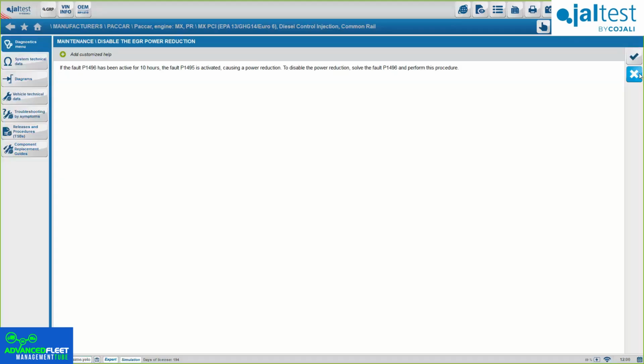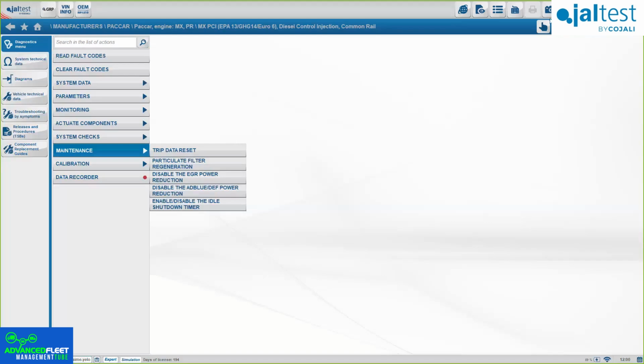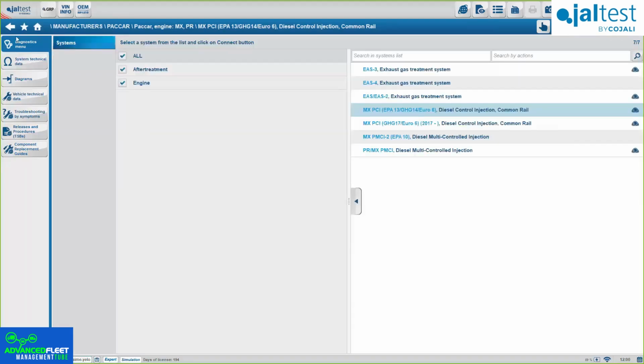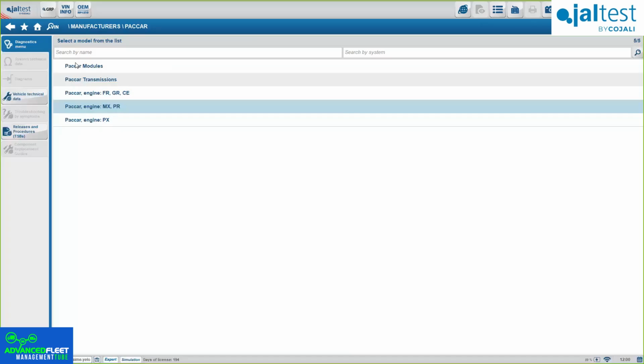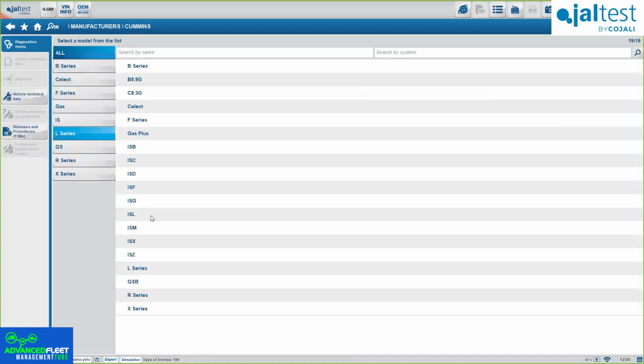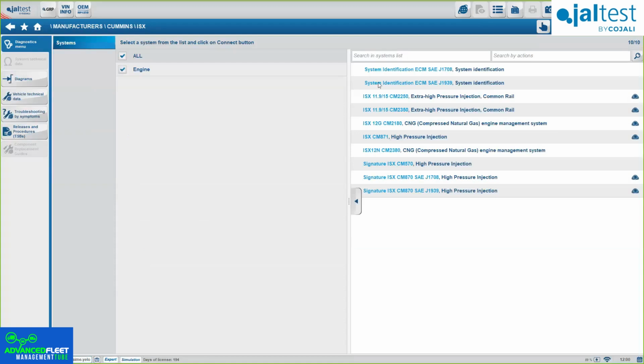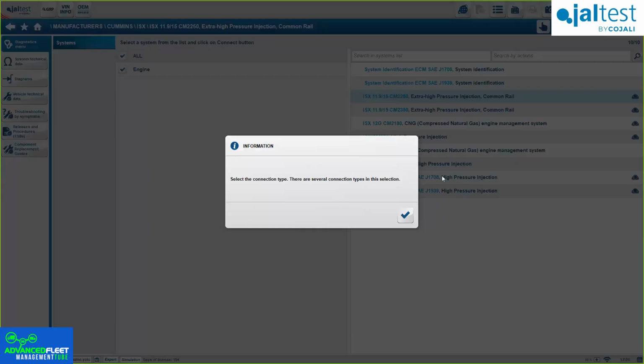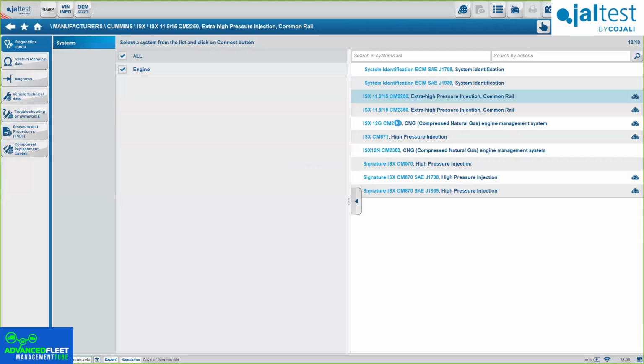Now, you were talking about horsepower. Give me 1 second. Let's see, Cummins ISX, the same one we were on in the presentation.